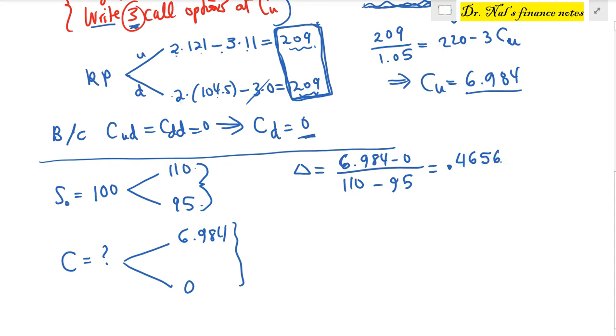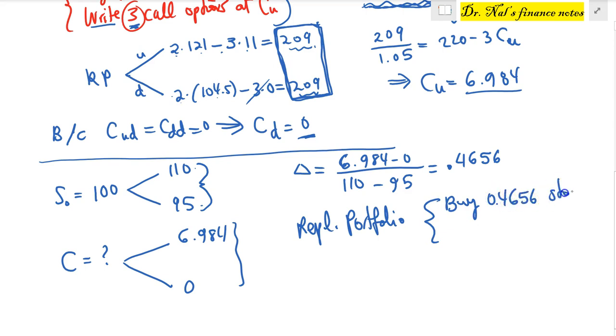So that's the delta. We can directly create our replicating portfolio. As usual, it will be pretty much the same idea. So in our replicating portfolio, we will buy this amount, I know it's silly, of shares of stock, and we would write one call option, and that's it. And based on this, let's first calculate the cost of this strategy, because we are buying